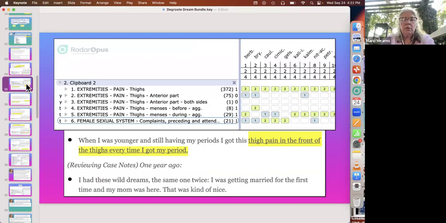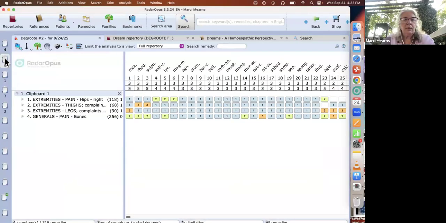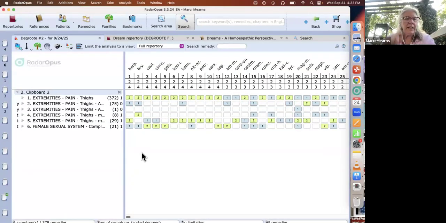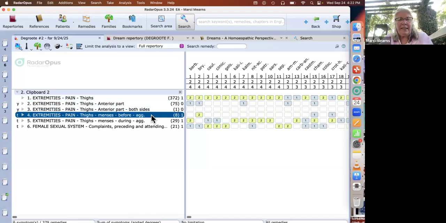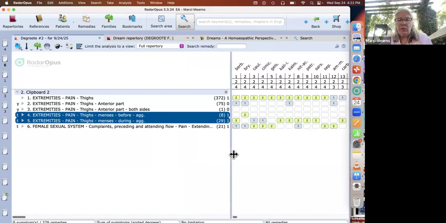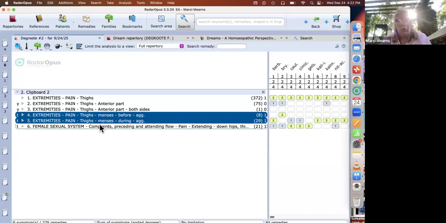So where is that clipboard? That's clipboard number 2. Let's have a peek at that. Okay, there's that one. And you may notice that I zeroed out some of these. The anterior part, what I did leave here as a group were the pain in the thighs during menses, and this one seemed to me so critical.